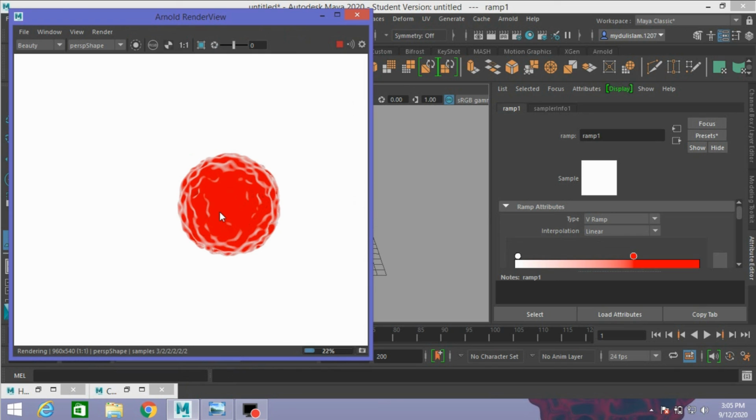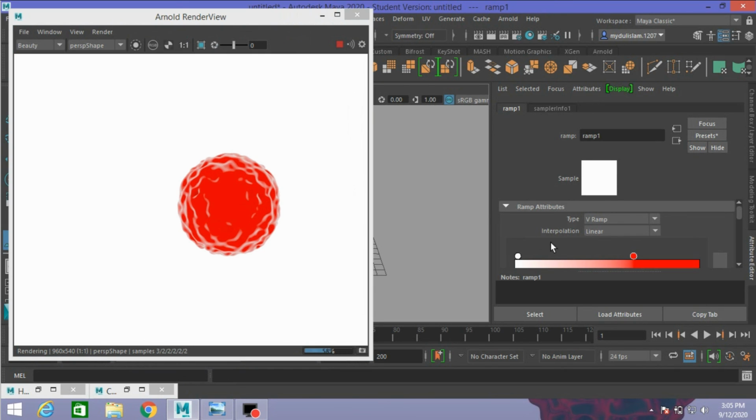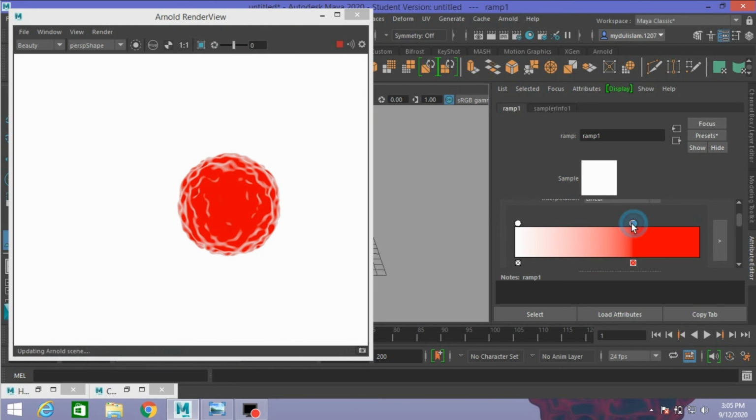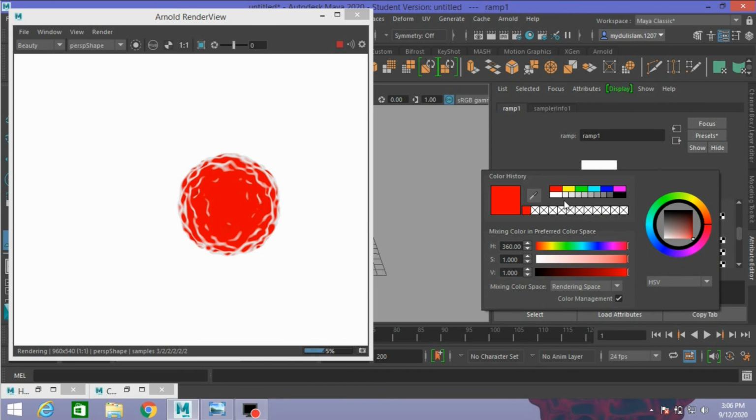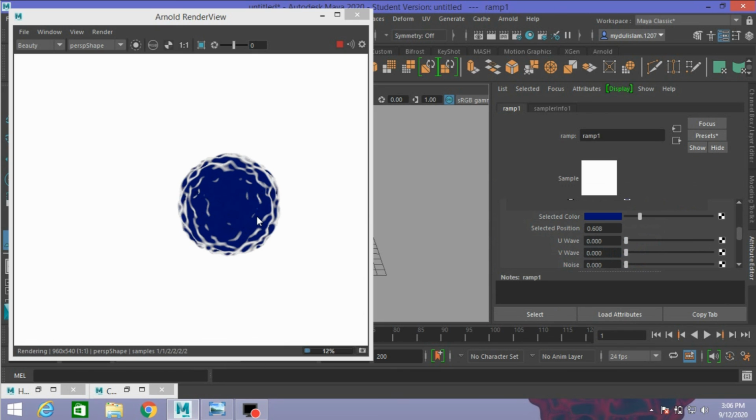See, you can change the color whatever you like. See, make it blue or which color you like.